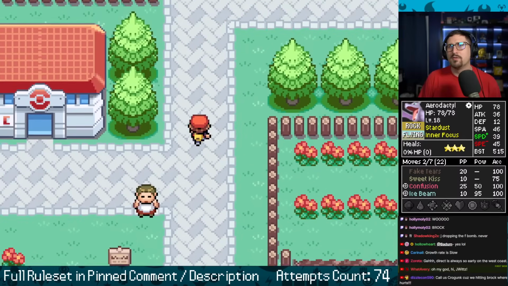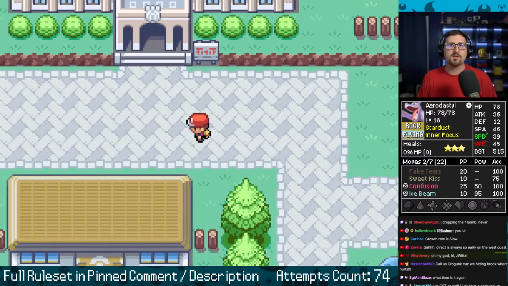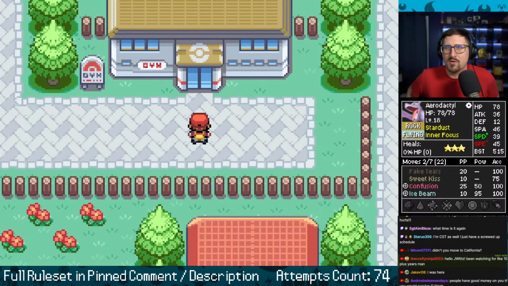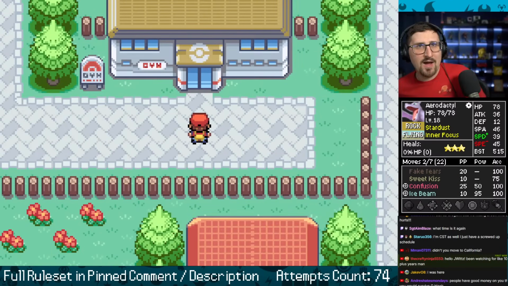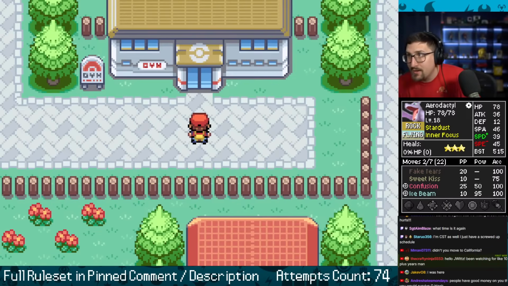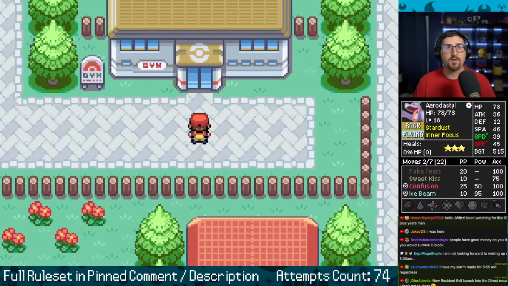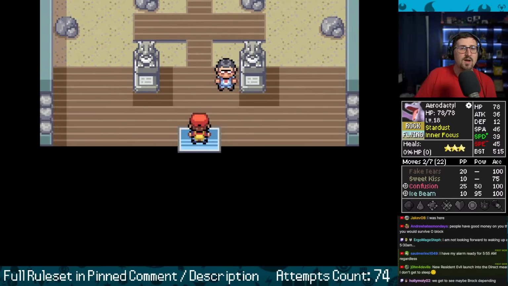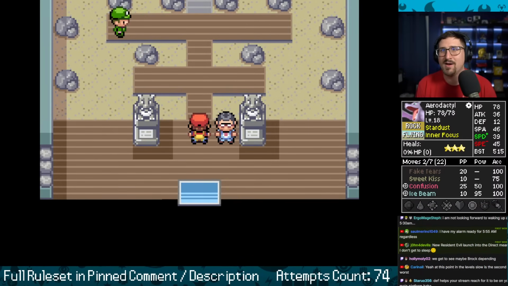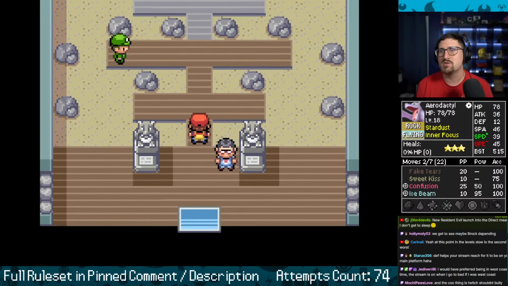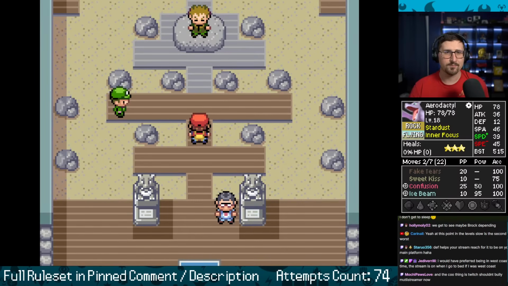Yep. There is a rule. You know, it's the hardest part. This is possibly the hardest part of the entire run as far as how the odds are stacked against you. When you enter a gym, you are not able to leave. That is just one rule. You have to clear the whole gym at once. I have no healing items. Brock has +3 Pokemon, so he's got 5 mons. But I also have to fight through Brock's little buddy first. So I've got a total of 7 mon that I need to run through with 1 Aerodactyl. I need to outspeed everything and get only things that are weak to Ice Beam and Confusion and pray. I have no healing. But sometimes it do be how it be.